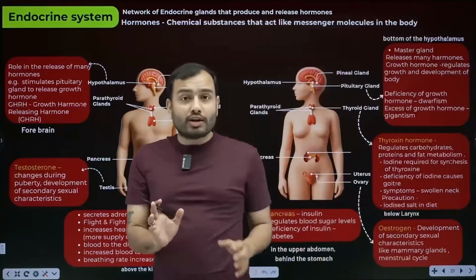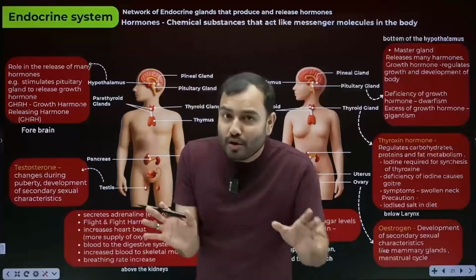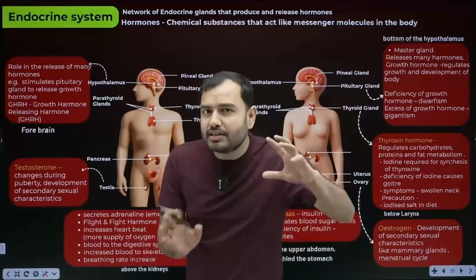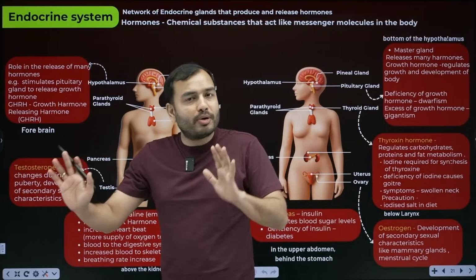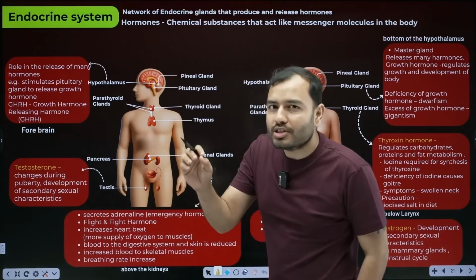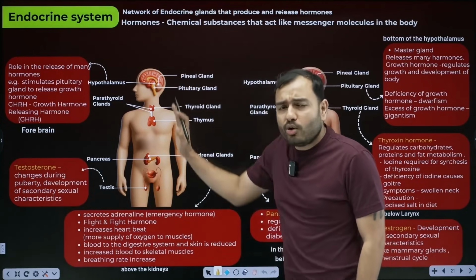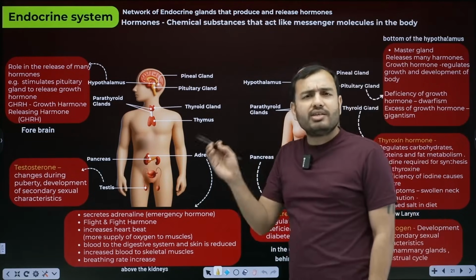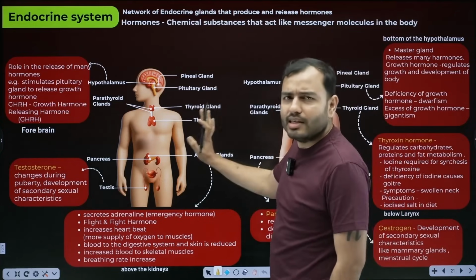Next comes the endocrine system. So in the beginning, we saw that coordination happens in 2 ways. One is the nervous system: brain, spinal cord, nerves. We read it all. The second was the endocrine system, which releases some hormones, some chemicals. So now we will study the endocrine system. There's not much to understand here. Especially, you have to learn only here.